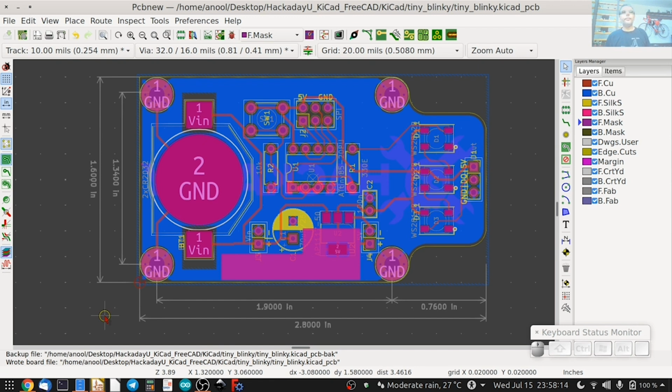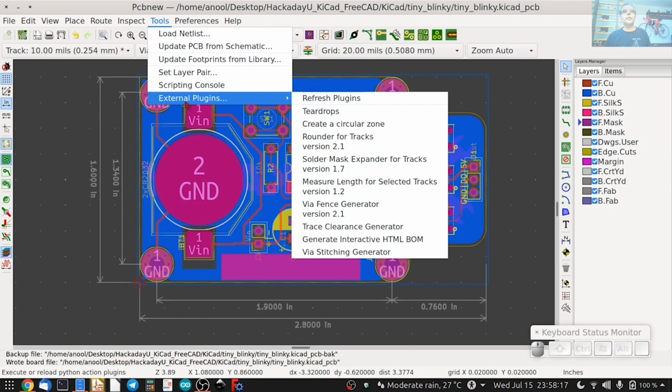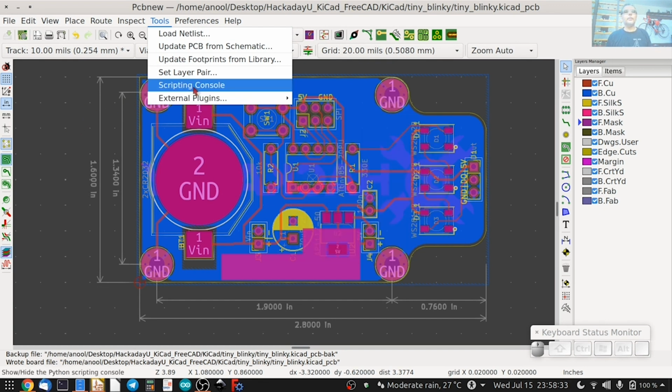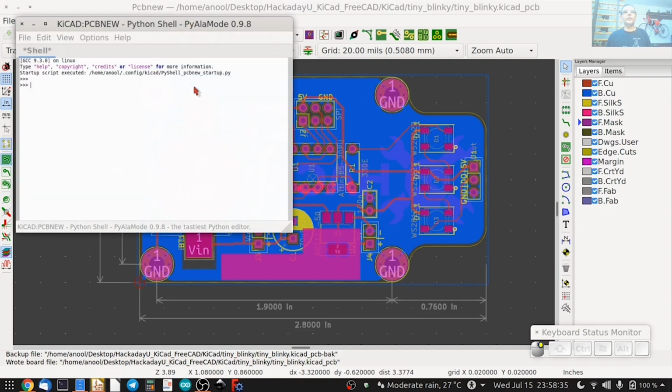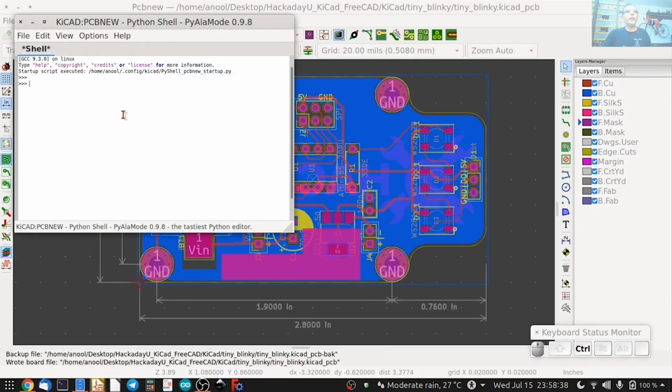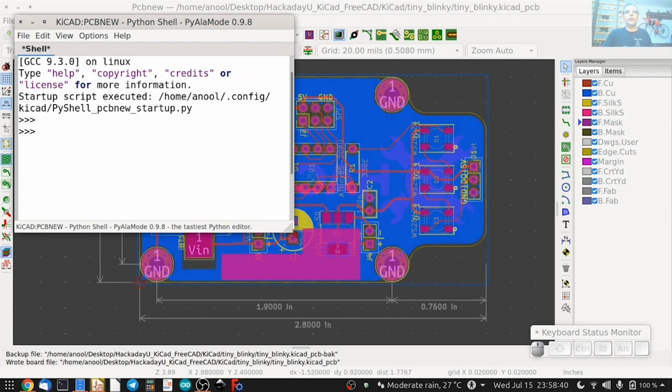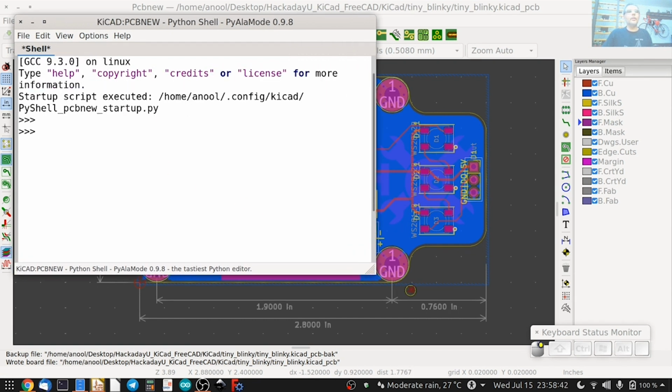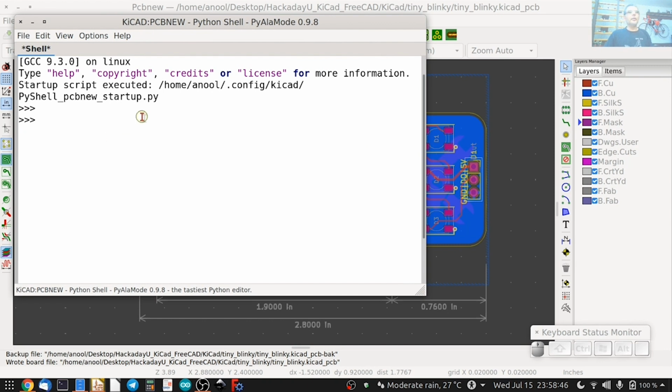Plugins are accessed by doing tools, external plugins. Most of the plugins are available from GitHub repositories, and you need to install them in a specific location on your computer. In order to find out where you have to do it, you can start off the scripting console, like so. This brings up the Python console. Let me make sure the text is legible, like so. And you can run a couple of commands to figure out where the path is where plugins need to be saved. So we start by